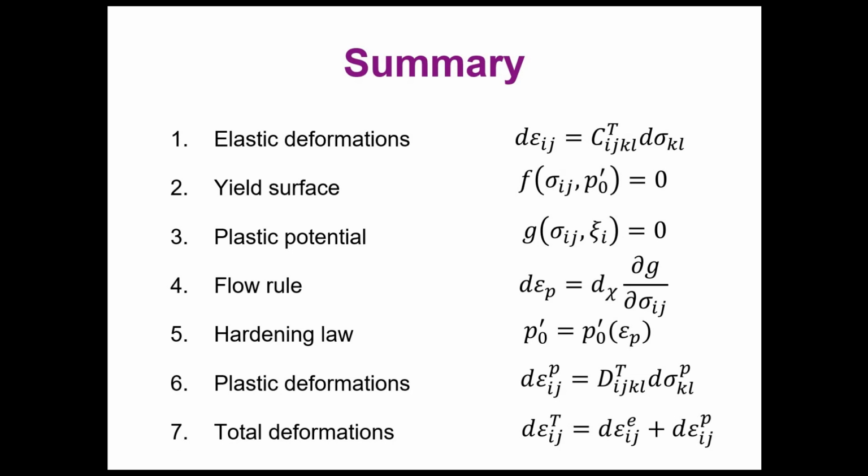You need to define a yield surface that depends on the value of the stress tensor at every point of your problem, plus a parameter or a set of parameters that control the hardening or the softening. You need a plastic potential to define the direction